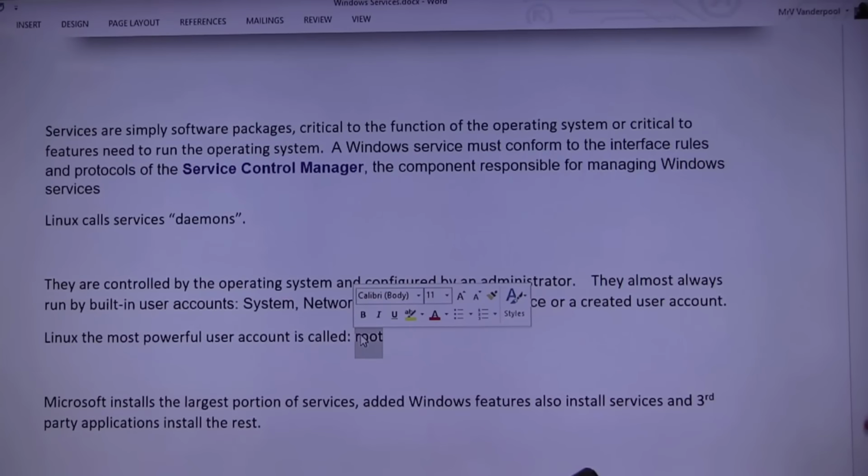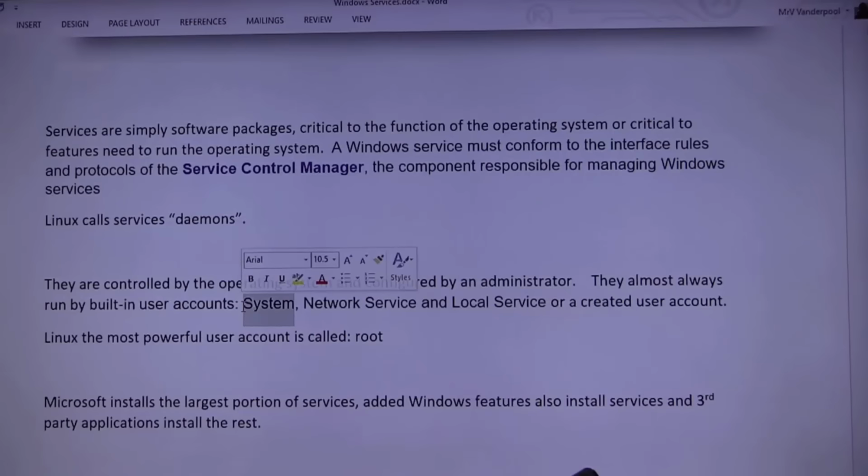In fact, you can log on to a Windows operating system with system rights. It is very dangerous because you can do what? Damage. Anything. You can see anything, you can do anything, and that's very dangerous if you don't know what you're doing. So there are times when you need to be able to log on as system.